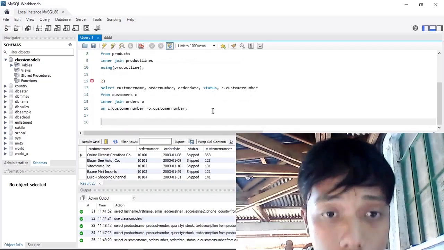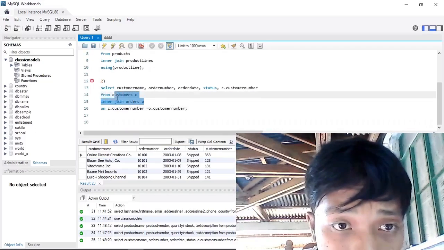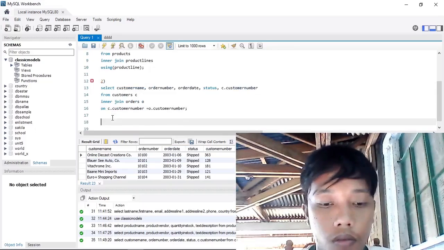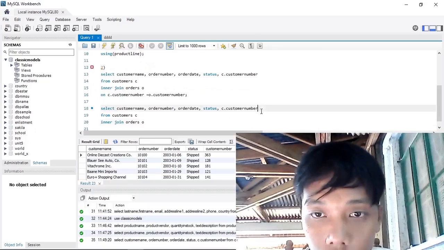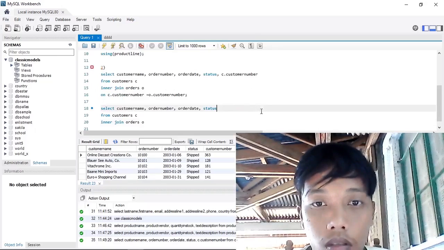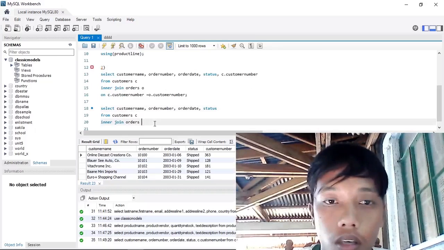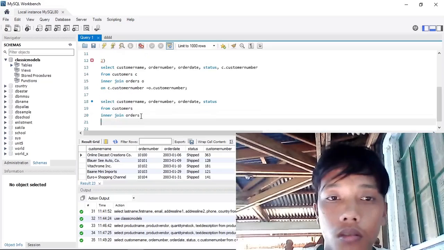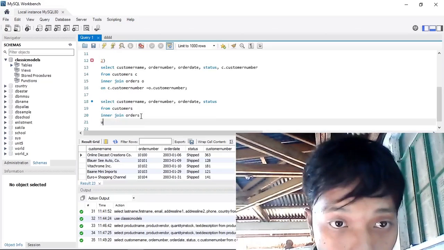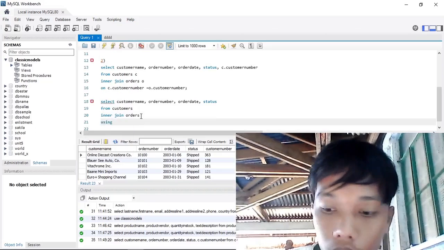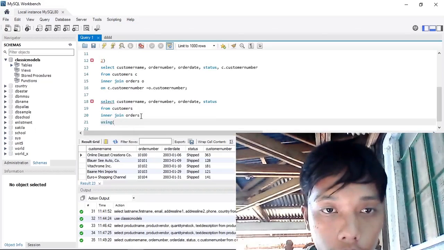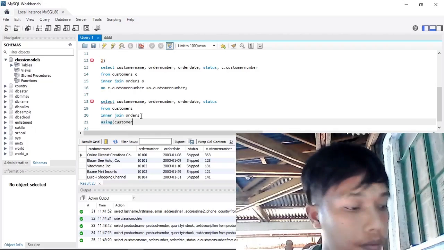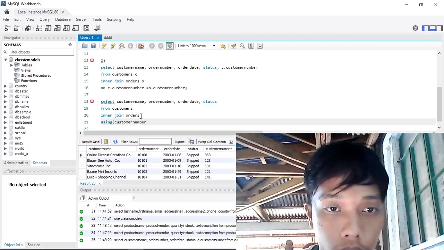The second syntax, copying this, Control C, Control V. I'm going to remove the alias, then input using customer number.